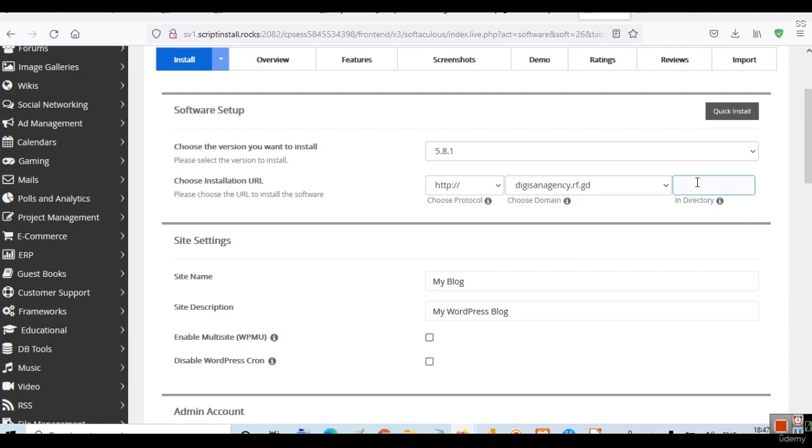Now if you want to install WordPress in a directory, suppose your main website is digisanagency.rf.gd. It is created in HTML, and suppose you want to create a blog for your agency and you just want to use WordPress for this purpose. So you can use a subdirectory like this. Now in this case,